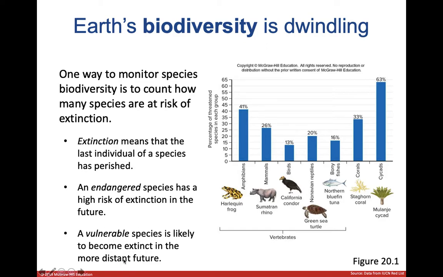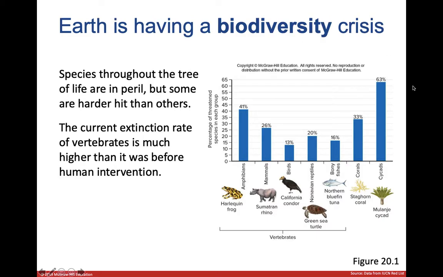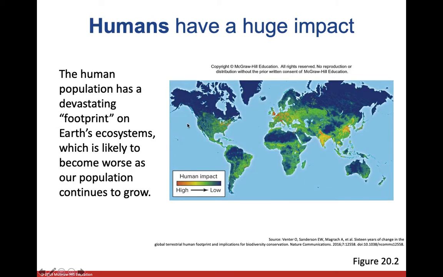Vulnerable species tend to be able to maintain their own populations in the wild, so we don't need to put more back in at the moment, but we need to just monitor them to make sure that they're able to do that, and we don't have to start intervening. That's kind of what the difference here is. But at the moment, we are having an apocalyptic crisis for animals, plants, and fish, and their numbers. The number of endangered and vulnerable species is just going crazy across the globe.